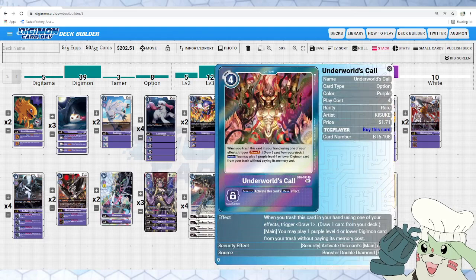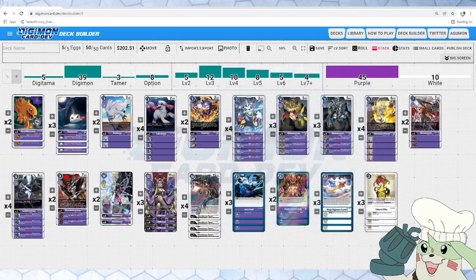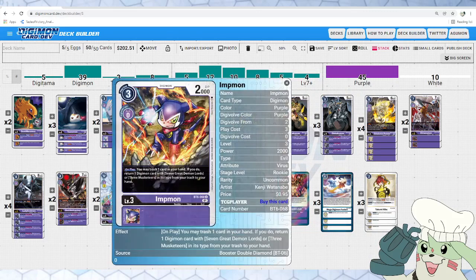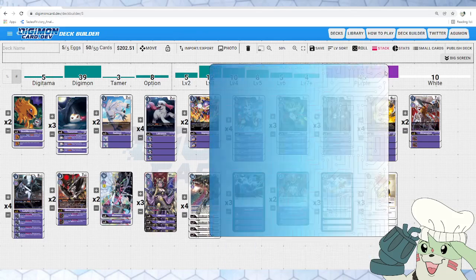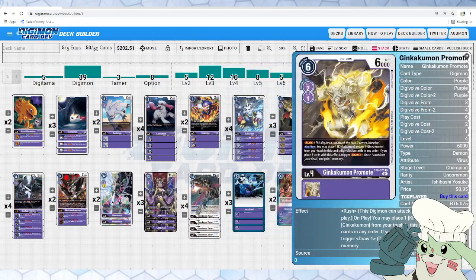But then also, what it does for 4 memory is you may play 1 purple level 4 or lower Digimon card from your trash without paying its memory cost. So again, this is another way to play out a level 4 or lower, because this does let you play out your on-play effects. You could get some clutch use out of their on-play effects, but more importantly, with level 4 or lower, you can play Ginkakumon promote off of this, gain its rush,